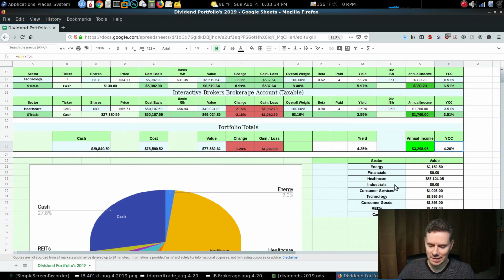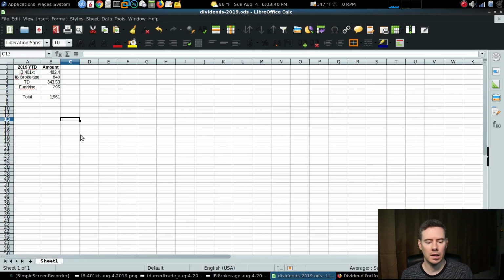So let's go ahead and take a look at the yearly totals. Here's the yearly totals, 2019 year-to-date in August. We have the IEB 401k Trust, $482 received so far year-to-date. We have the IEB Brokerage, that's basically the CVS paying me $840 year-to-date. The TD Ameritrade account, $343, and I threw Fundrise in there because it does pay dividends. And so far I've received